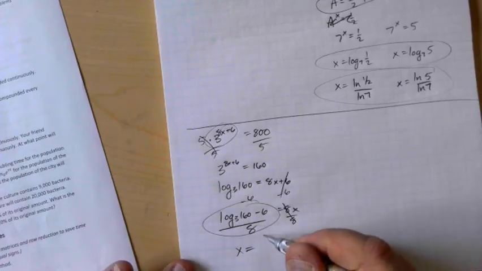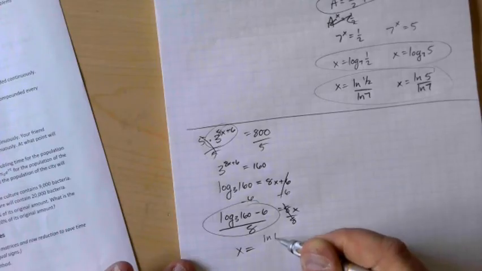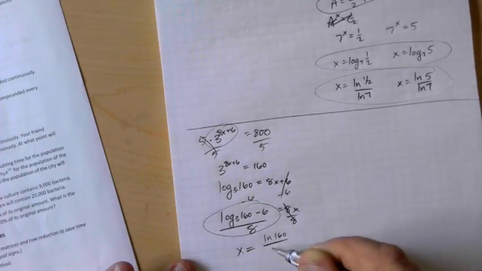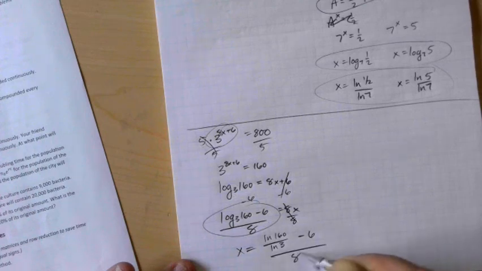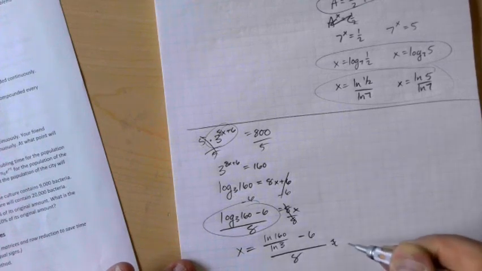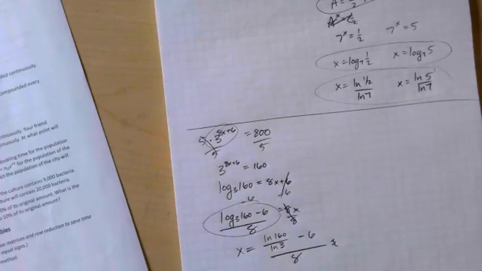Again, if you don't have the log base 3 button, I could go the natural log of 160 over the natural log of 3, minus the 6, all over 8. And if I put that in my calculator, I should get something like,